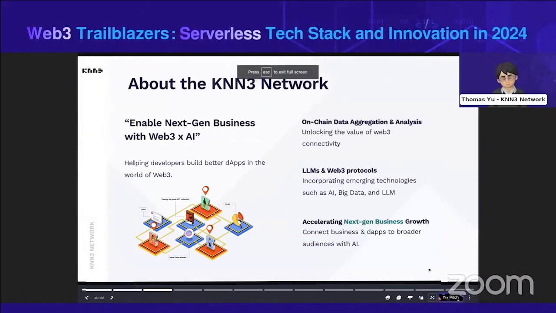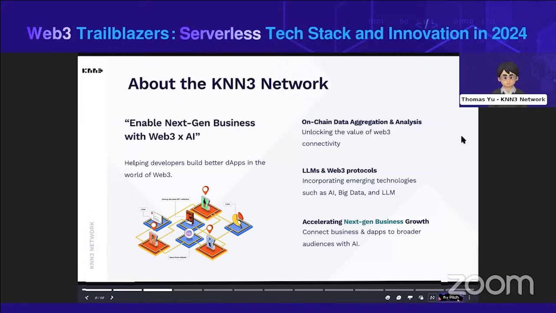Let me start by introducing Canyon 3 a little bit more. We founded last year, so now we are about 2 years old. At the beginning, we started to focus on helping developers in Web3, especially those on multi-blockchains, to develop